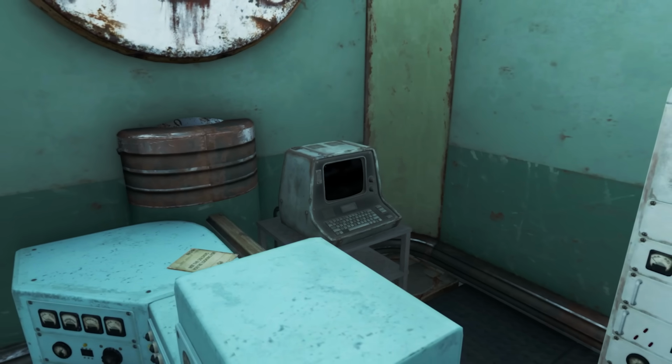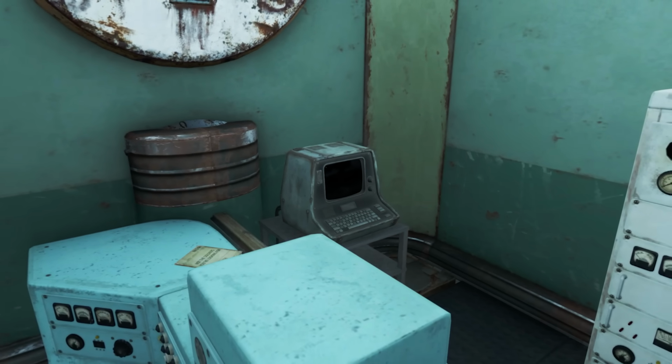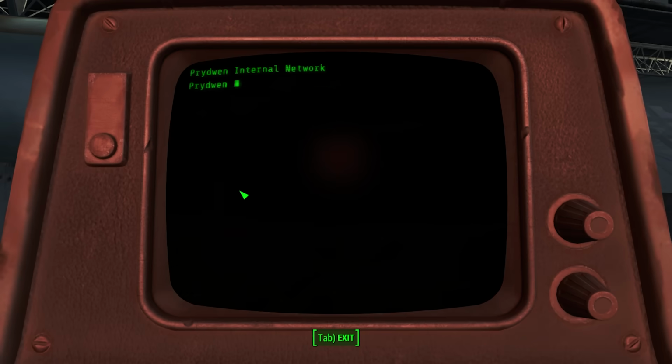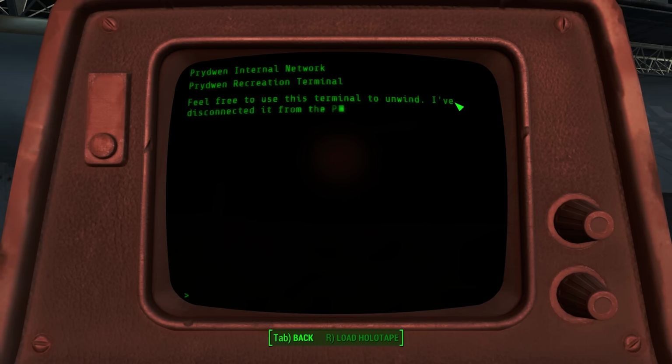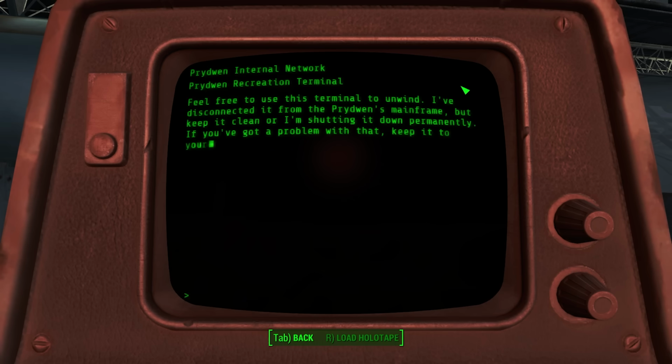How well does Fallout's internet stack up? Well, the first and most obvious thing, if you have ever played even a few minutes of Fallout and spent any time on a terminal, is that absolutely nothing in the Fallout universe approaches the well-curated websites and smooth operating apps that we use on a daily basis, and that you're using right now to watch this.